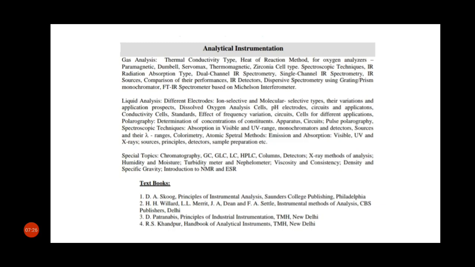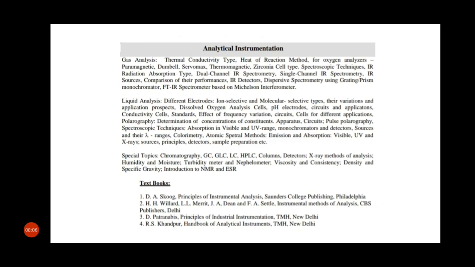Then we will start spectroscopic technique like absorption in visible and UV range, monochromator and detectors, sources and their lambda ranges, colorimetry, atomic spectral methods. In atomic spectral methods we will study emission and absorption, visible UV and X-ray sources, principles, detectors, sample preparation, all these. Okay. Next, after completion of this gas analysis and liquid analysis, we will start different type of